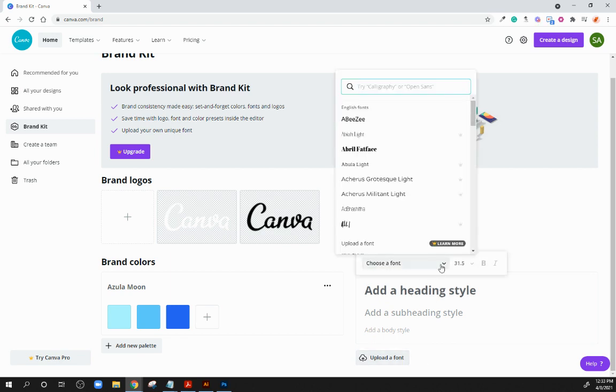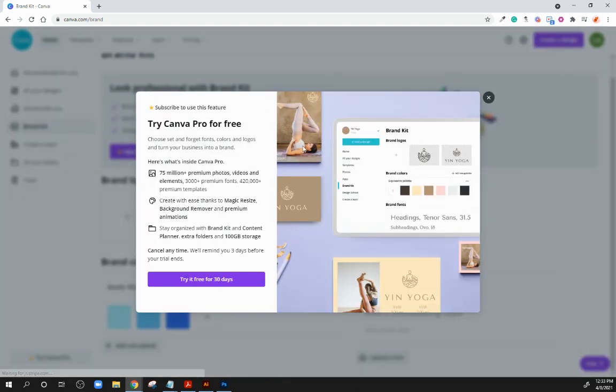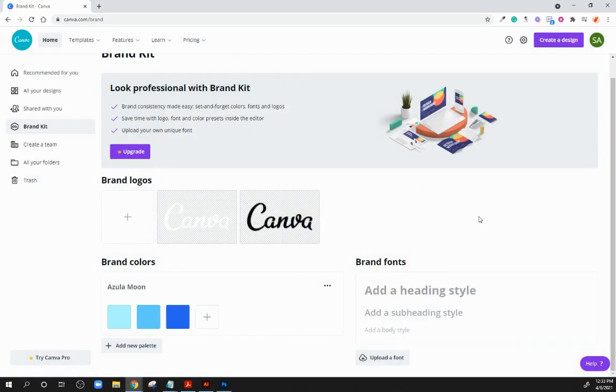So I can choose my fonts. I don't think I'm going to find something that I want right now, but I'm just going to choose some random ones. Oh, I forgot. So this one too, you have to be on the Pro version, which isn't a bad thing. So we have our colors. Let's go back home,